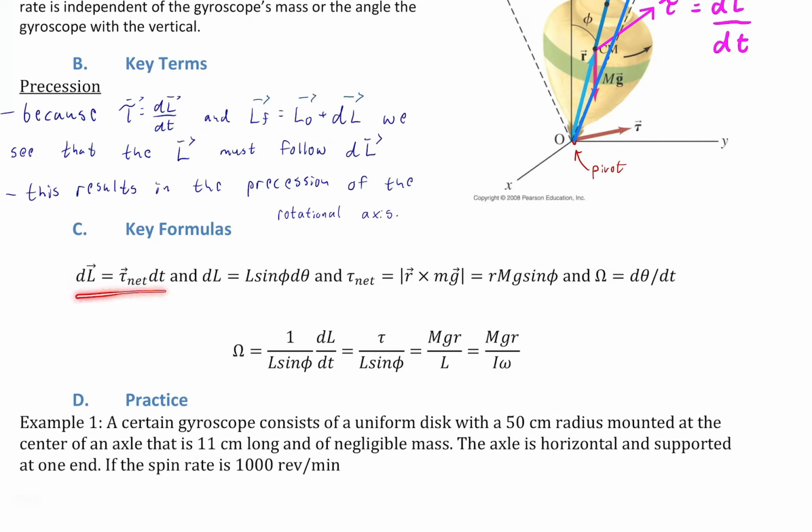So we'll start with Newton's second law. All I've done is just rewrite it to solve for dL. All right? So this is just taking Newton's second law, solving for dL by cross multiplying by dt. Then I'm going to acknowledge that dL is L sine phi d theta. Okay? How do I know that? Well, I just